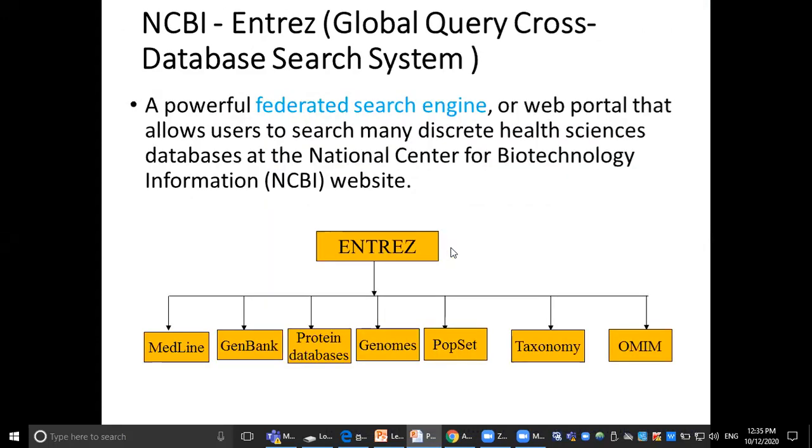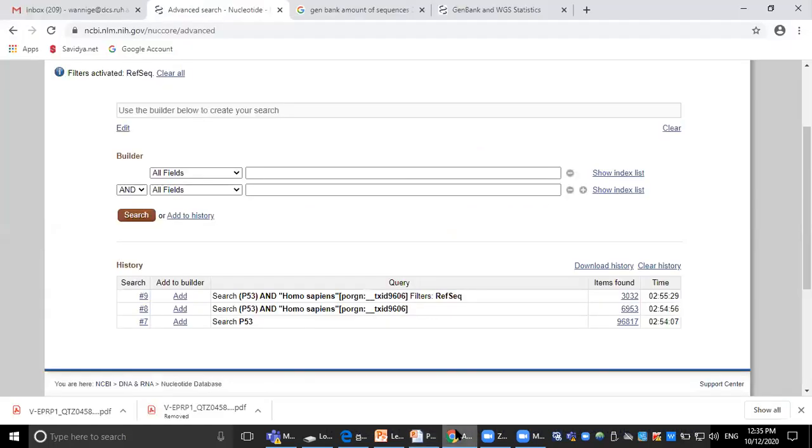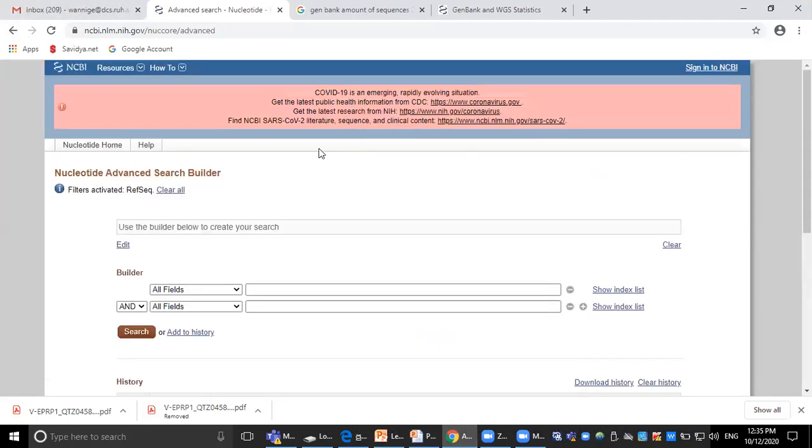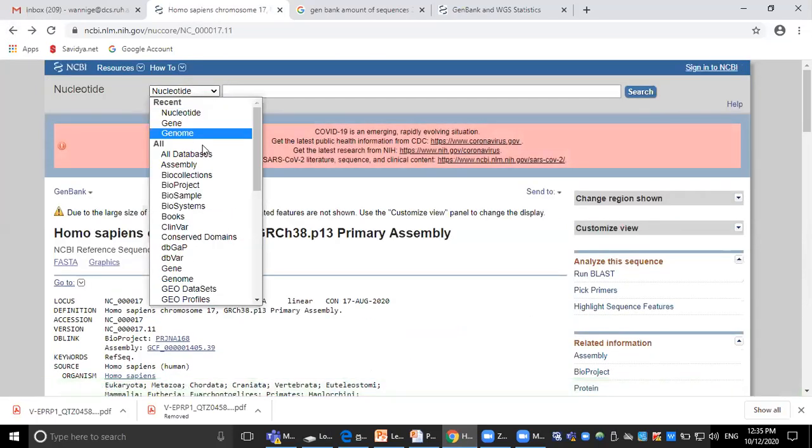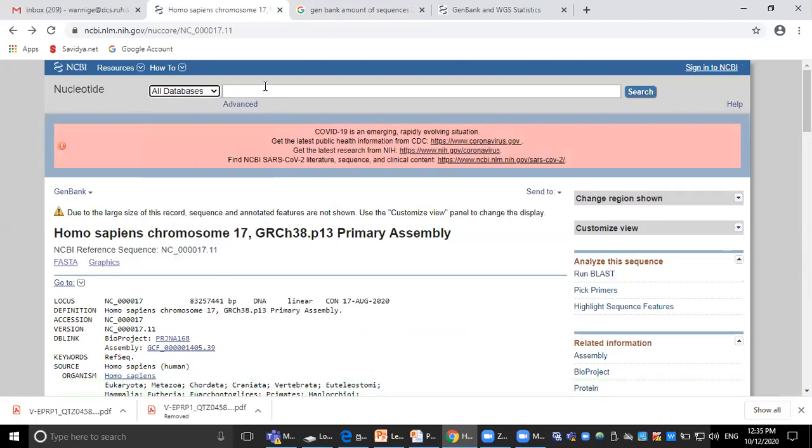So NCBI also has a cross-query search, a cross-database search. In NCBI, there are several databases available. As I showed you on the first page, this gives you the link to all databases. Okay, so you can go to all databases and find